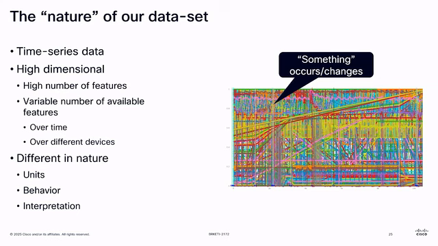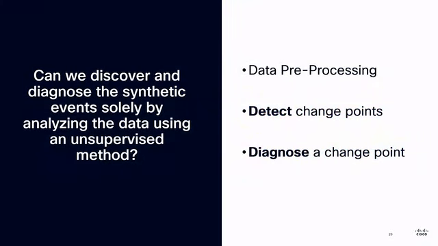It's random rubbish. So very high dimensional, high number of features, and the problem is that not all of these things are created the same, right? So some of them are counters that are on and off, like is the session up or down. A load of the counters are incremental because they are related to traffic. So it's all kinds of nature and units. So we need to go and make them comparable, and that is what we need to go and do with pre-processing. So we need to go and clean that data a little bit, and then make this data comparable so that we can start to reason about this.